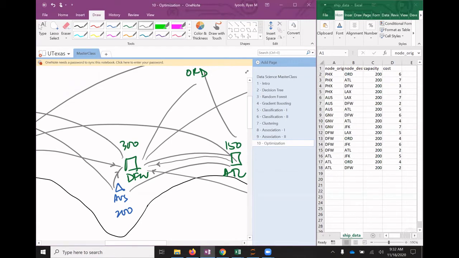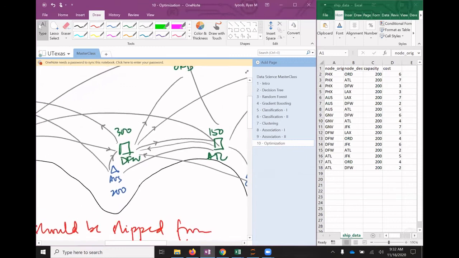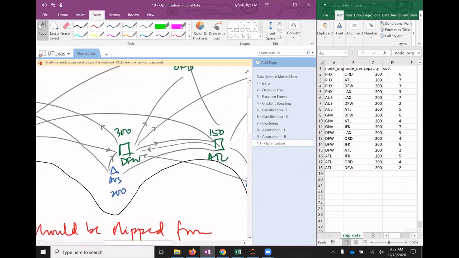LA. Go to LA. You can go to Chicago. You can go to JFK, and you can go back to Atlanta. So if we look at one specific location like Dallas, we should be able to say that everything,